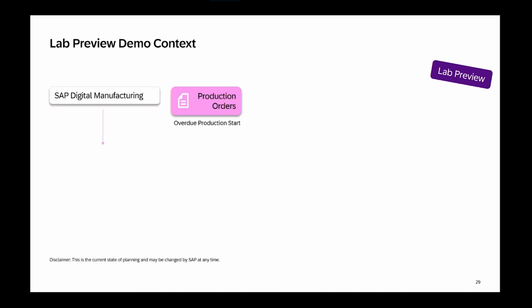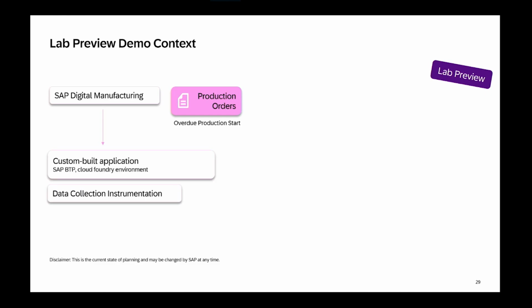So as mentioned, we were working together with the colleagues from digital manufacturing. And in digital manufacturing, we have these production orders which are overdue. So this is what you can see in the first step. And there are also, as is usual, side-by-side app extensibility apps. So there's an app running anyhow on the BTP, Cloud Foundry in our case. And for this app, we added our data instrumentation, so our data collection library. So if you've heard about OpenTelemetry in the previous sessions, we have these libraries. They were added to these environments, and these libraries offer various options to monitor BTP apps on the one